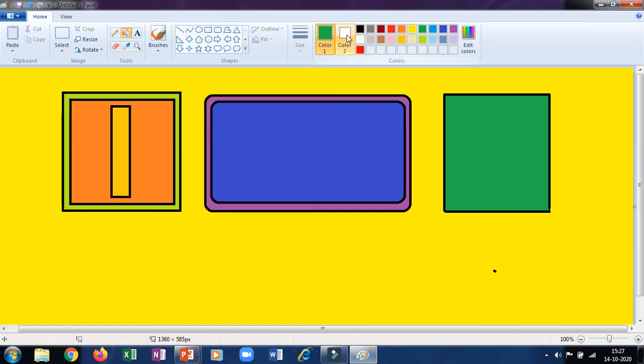Now let us go with color 2. Okay, before going to color 2, let me show you the eraser. Now the eraser tool is used for erasing the picture which you don't want. Okay, so I don't want this one, so I have erased it, and the eraser is very small. So to make the size of the eraser big, you can use the size button. Okay, and this is the last size, but if you want to make it bigger than this, the shortcut